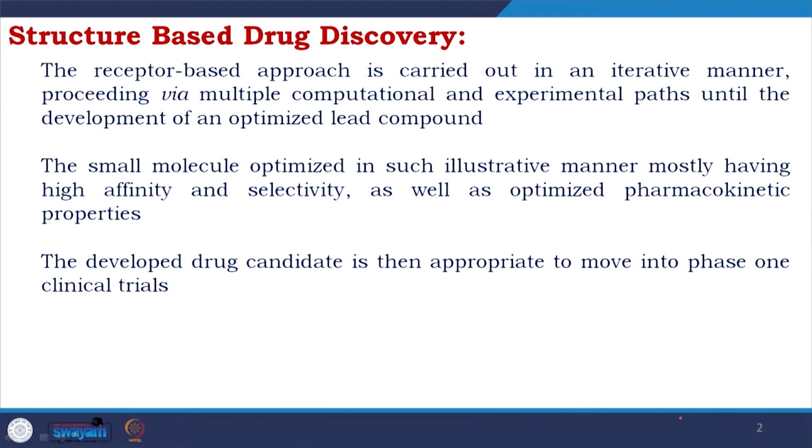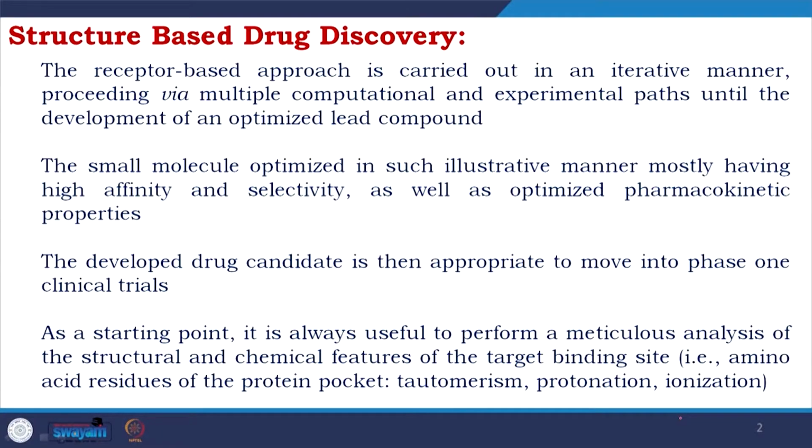The developed drug candidate is then appropriate to move into phase 1 clinical trial. So, first we do the screen, let us say high throughput screening, maybe it is replaced now with virtual screening, then reduce the number, do the biochemical tests, the in vitro testing, you get an interesting result, go to in vivo, get a good result, then come to druggability testing, the ADME tox,